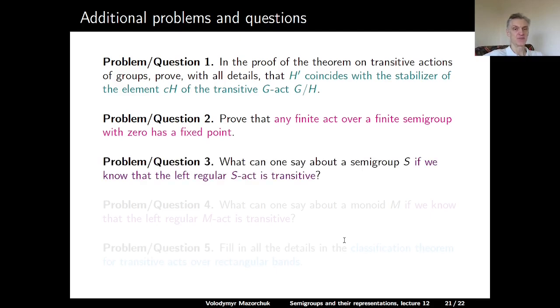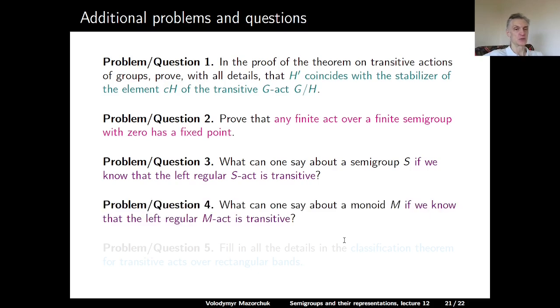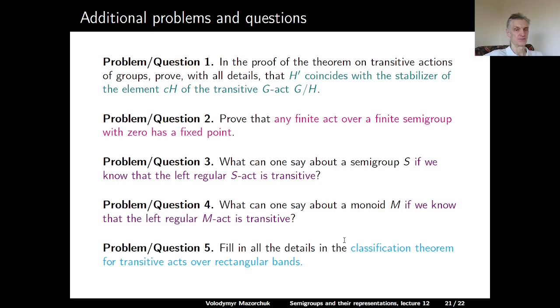Problem question 3. What can one say about a semigroup S if we know that the left regular S act is transitive? Problem question 4. What can one say about a monoid M if we know that the left regular M act is transitive? Problem question 5. Fill in all the details in the classification theorem for transitive acts